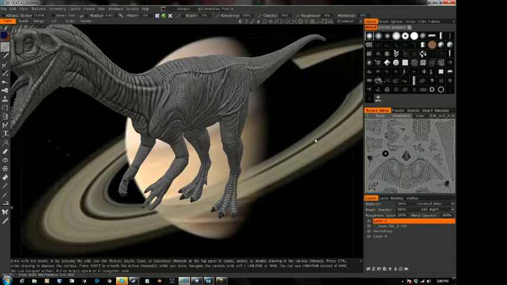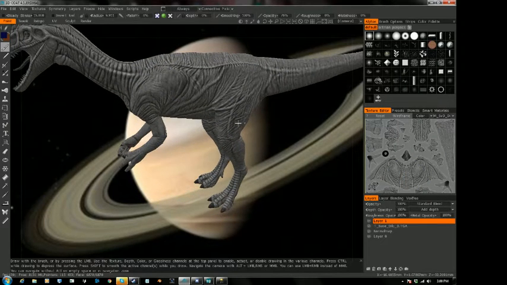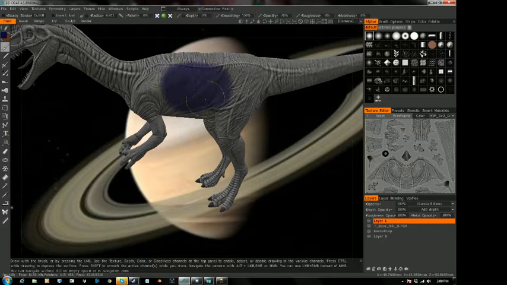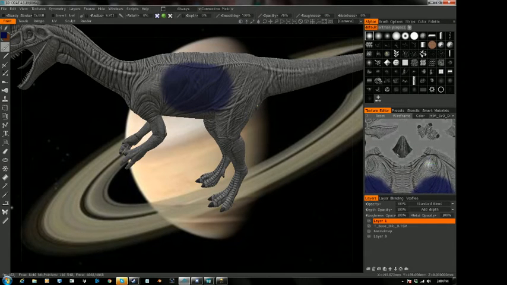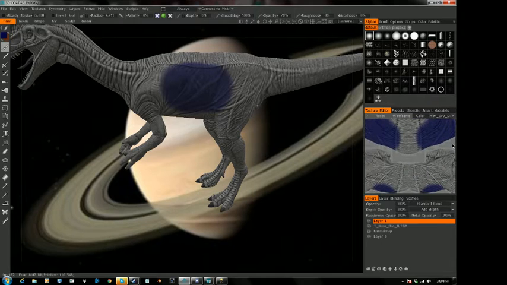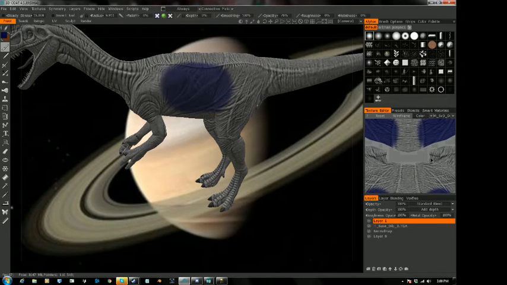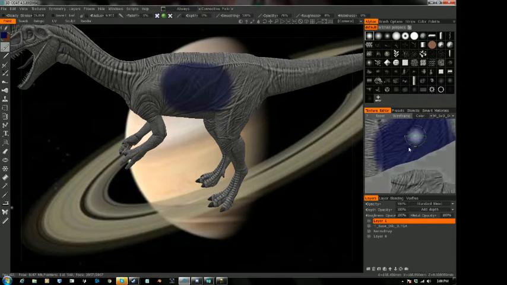Another issue with this is our brush opacity. If you paint on the model here, you'll notice that it comes up a lighter color. Now if you were to paint over it, you'll notice that it comes in darker. Now to fix this,